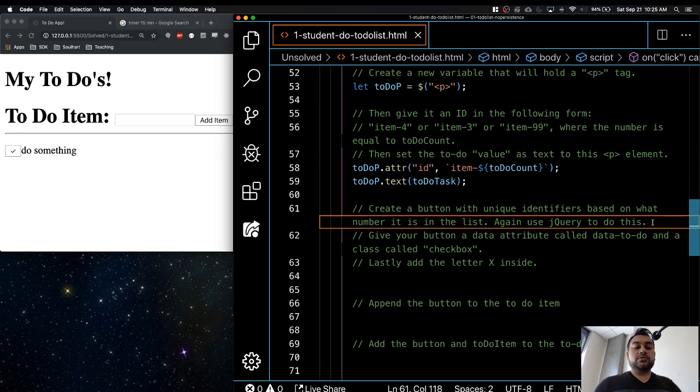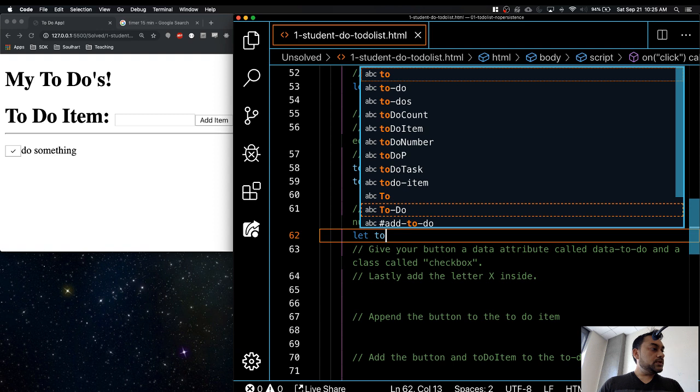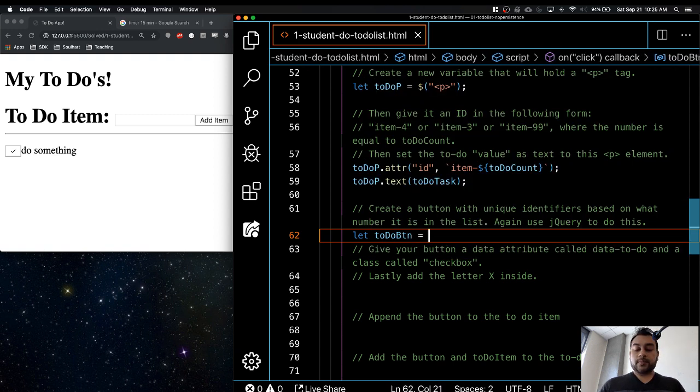Again, use jQuery to do this. So let's go ahead and create a button. How do we create a button? Let's say var toDoButton, and we create a button. Okay,